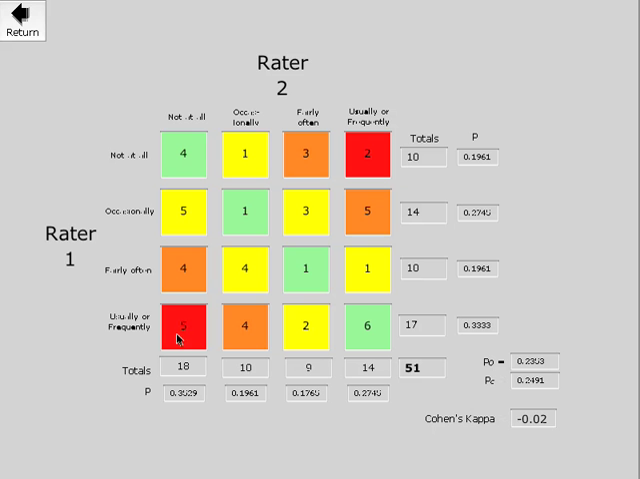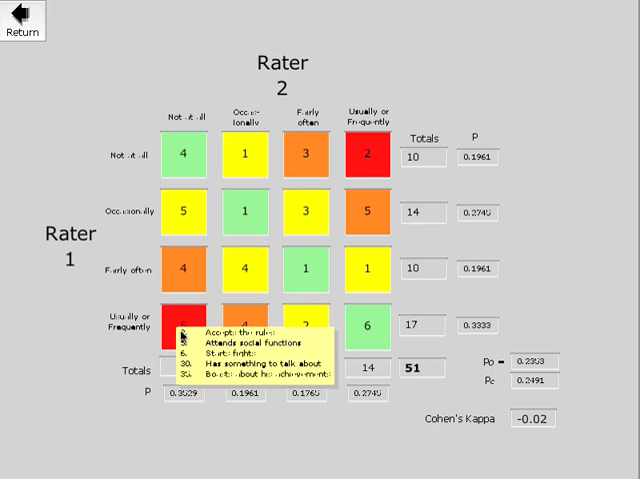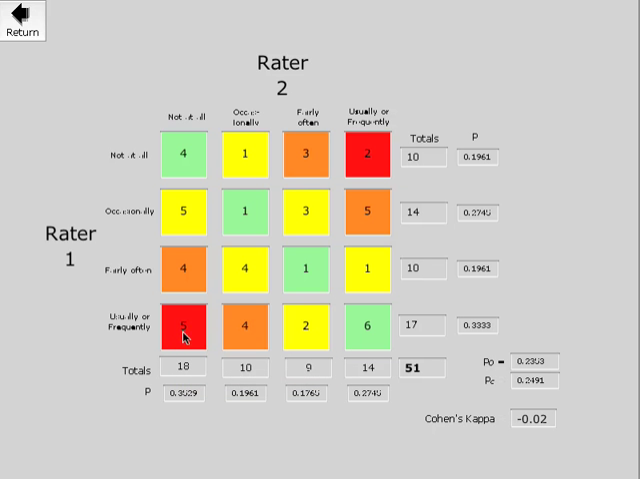For example, here we've got 5 items that rater 1 has said happen usually or frequently, whereas rater 2 has said they happen not at all. If you want to see what those items are, you click on there, and you can see that, for example, item 6 here is that he starts fights. Now obviously that's quite important, because we've got rater 1 who says he starts fights frequently, rater 2 says not at all. So this is something that you may well wish to chase up with your